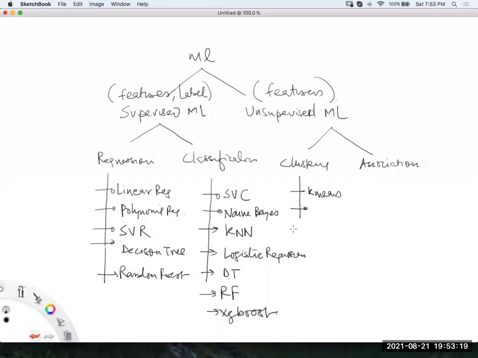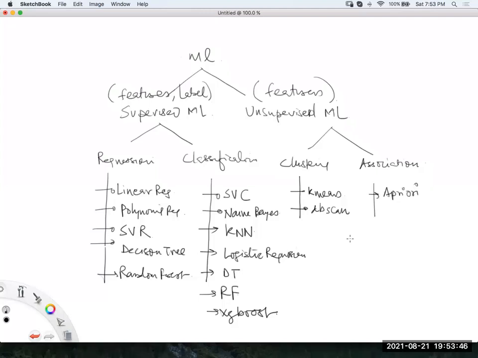There is one more algorithm. Sometimes when K-means fails, because a lot depends on the data distribution, the kind of data we have, there is one more popular algorithm in this space, DBSCAN, density based. And guys, for association, we have the algorithm with the name Apriori.